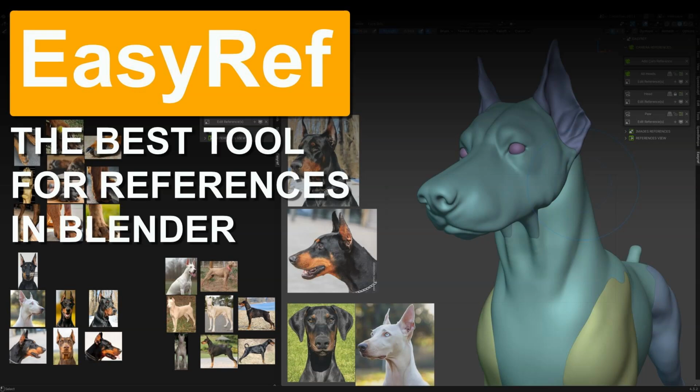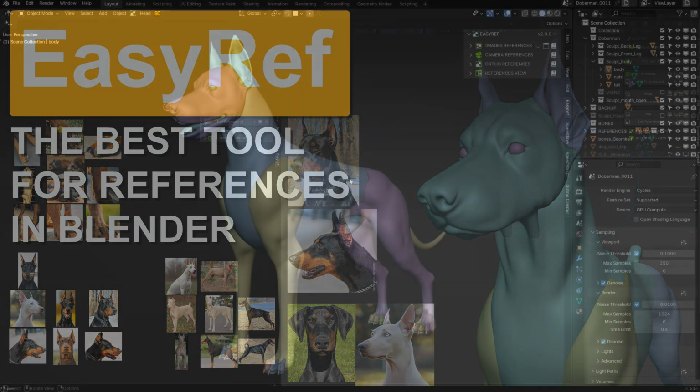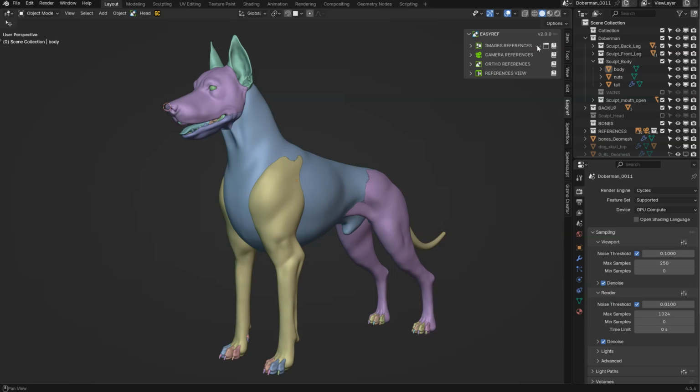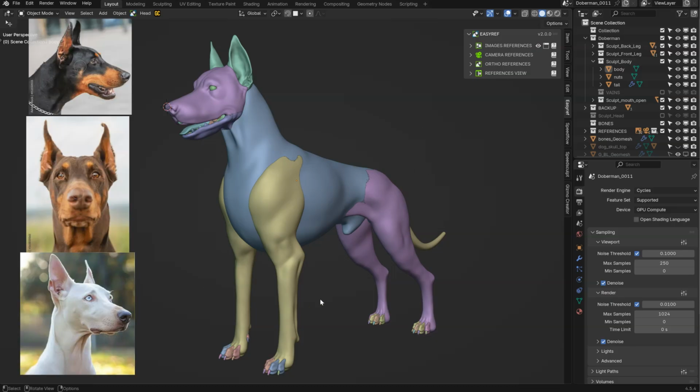If you want to work with references in Blender, I have the perfect add-on for you, Easyref. With this one, you can add references directly in the 3D view. This is pretty simple. If you put your mouse on the gizmo here, you will see that you can perform